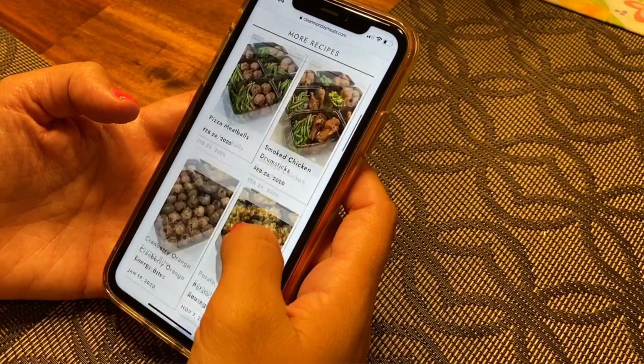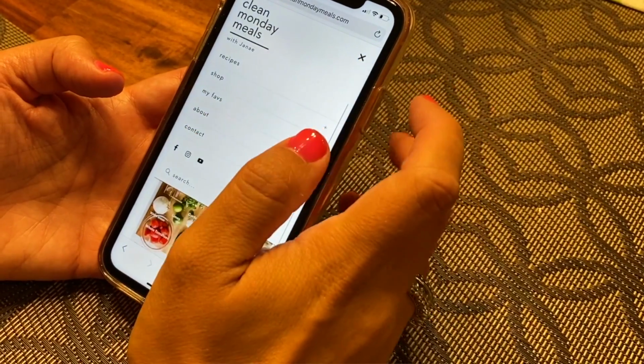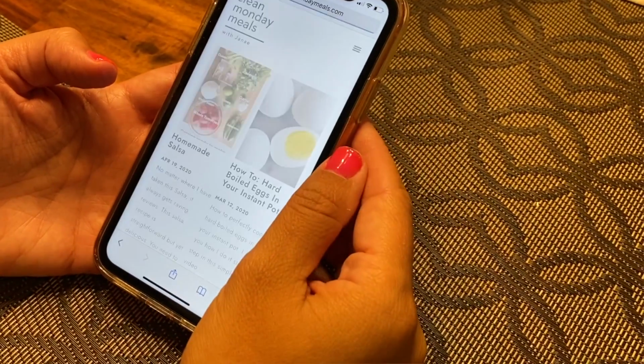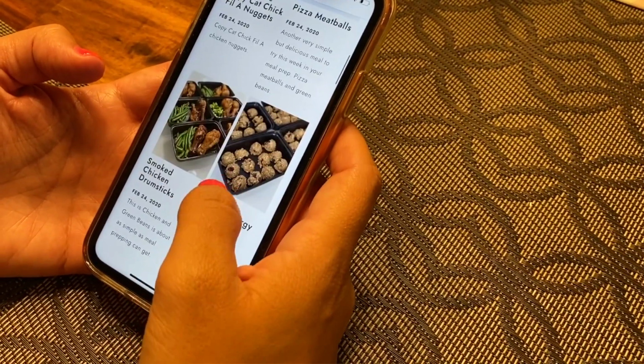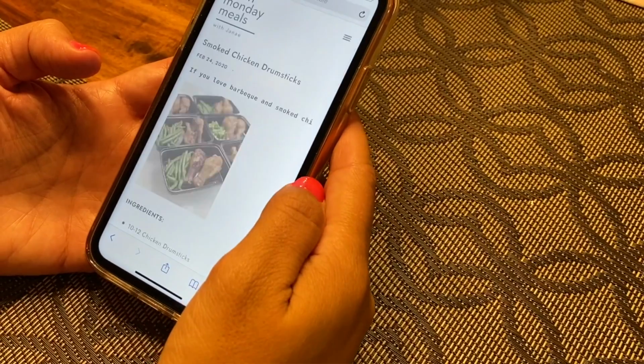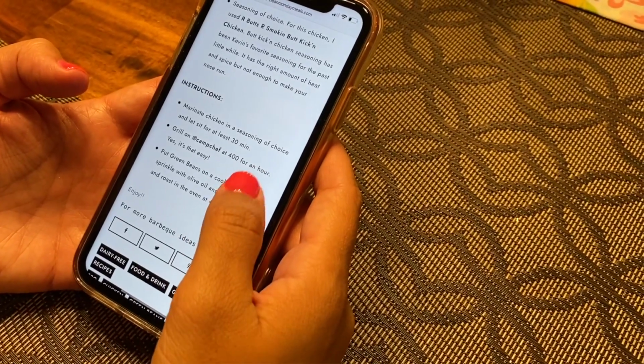And before I had my third baby, I had meal preps all the time. And now I'm trying to get back into it. It's hard to find the exact time when I can do it, but that's my goal, is to get back into meal prepping because it's so easy. And it makes it so you're reaching for a healthy gluten-free lunch or dinner versus just something that you